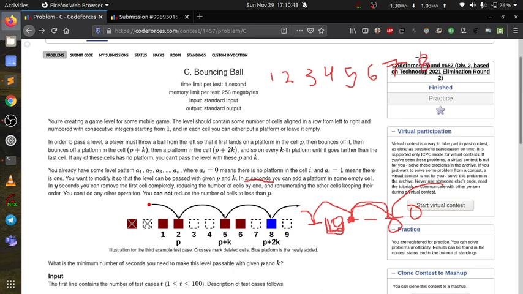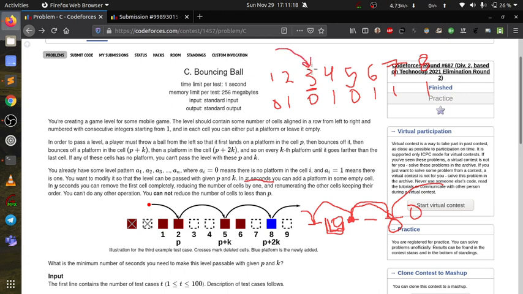Suppose this number, and p is 3. Suppose our array is like this, so what basically p is here, p is equal to 0.